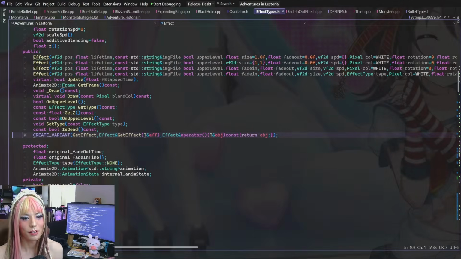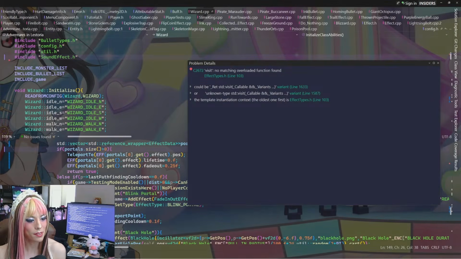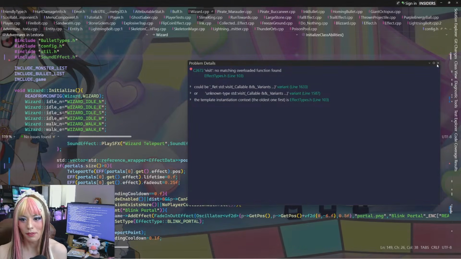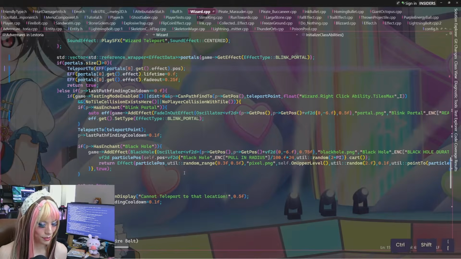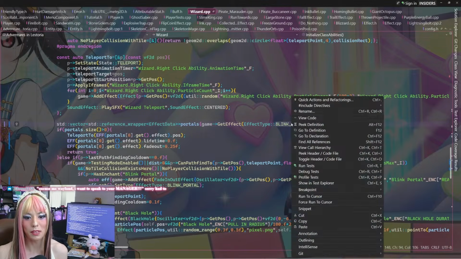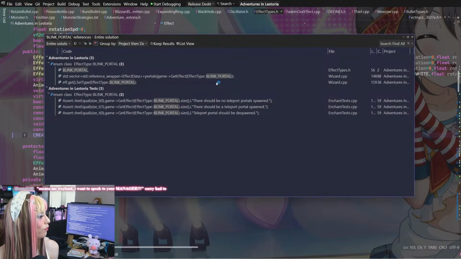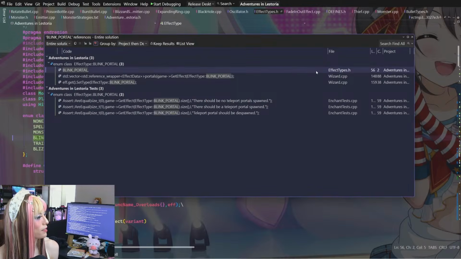Okay. Visit, no matching overload function found. Wait a second, wasn't this talking about portals? What type are portals? Do we have a new type we've ignored? So we have an effect type called blink portal. What uses this? Blink portal is an effect type in types.h.